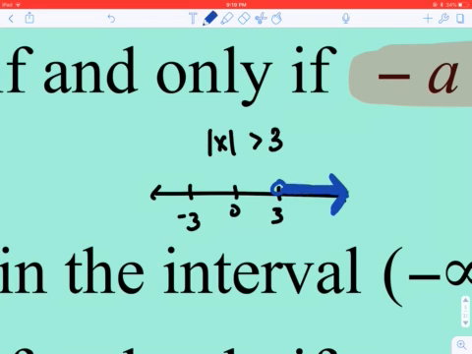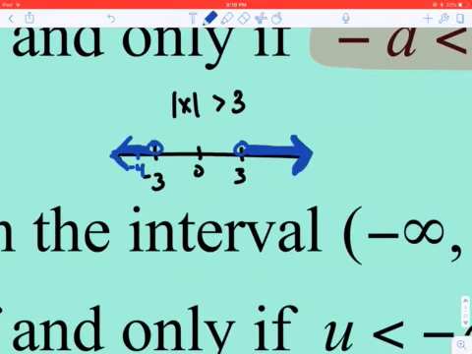And it's also true, let's see, for negative 4. Because the absolute value of negative 4 is 4, and 4 is bigger than 3. So negative 5 and negative 6 and everything in this direction as well, but not in between them. And so when I look at this graph, I see another compound inequality, but I see a compound inequality that